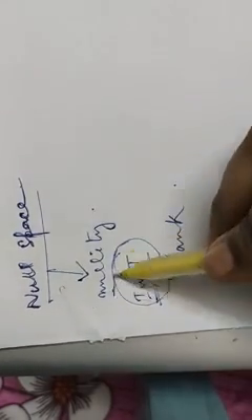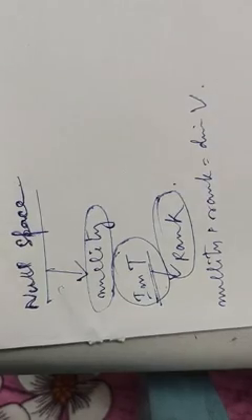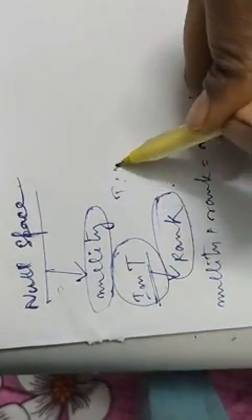And we have learned that there is a relation between the nullity and the rank, which is nullity plus rank equals the dimension of the domain set. Let us take the domain as V. That is, T from V to W is a linear mapping. Then the sum of their dimensions will be equal to the dimension of V. This was a very important result.